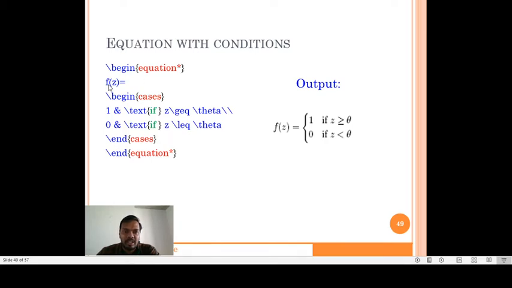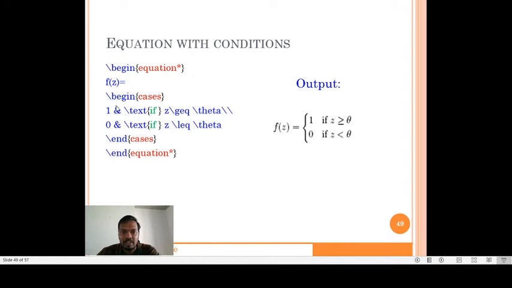I have created an equation f(z) equals, and now there are multiple options, so I am using \begin{cases}. The first option is 1: if the value is 1, then what should happen? That is to be provided after the ampersand.